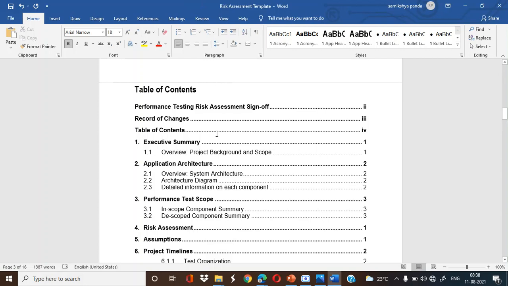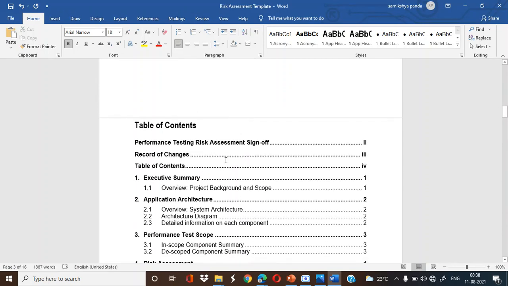So the first thing is the performance testing risk assessment sign off. Then the record of changes: what are the changes, whether any component has been added or removed, and which is impacting any of the existing business functionality. So first of all we need a summary: what is the main purpose of this particular project, the project overview and background, and what are the scopes, in scope and descope. Application architecture,